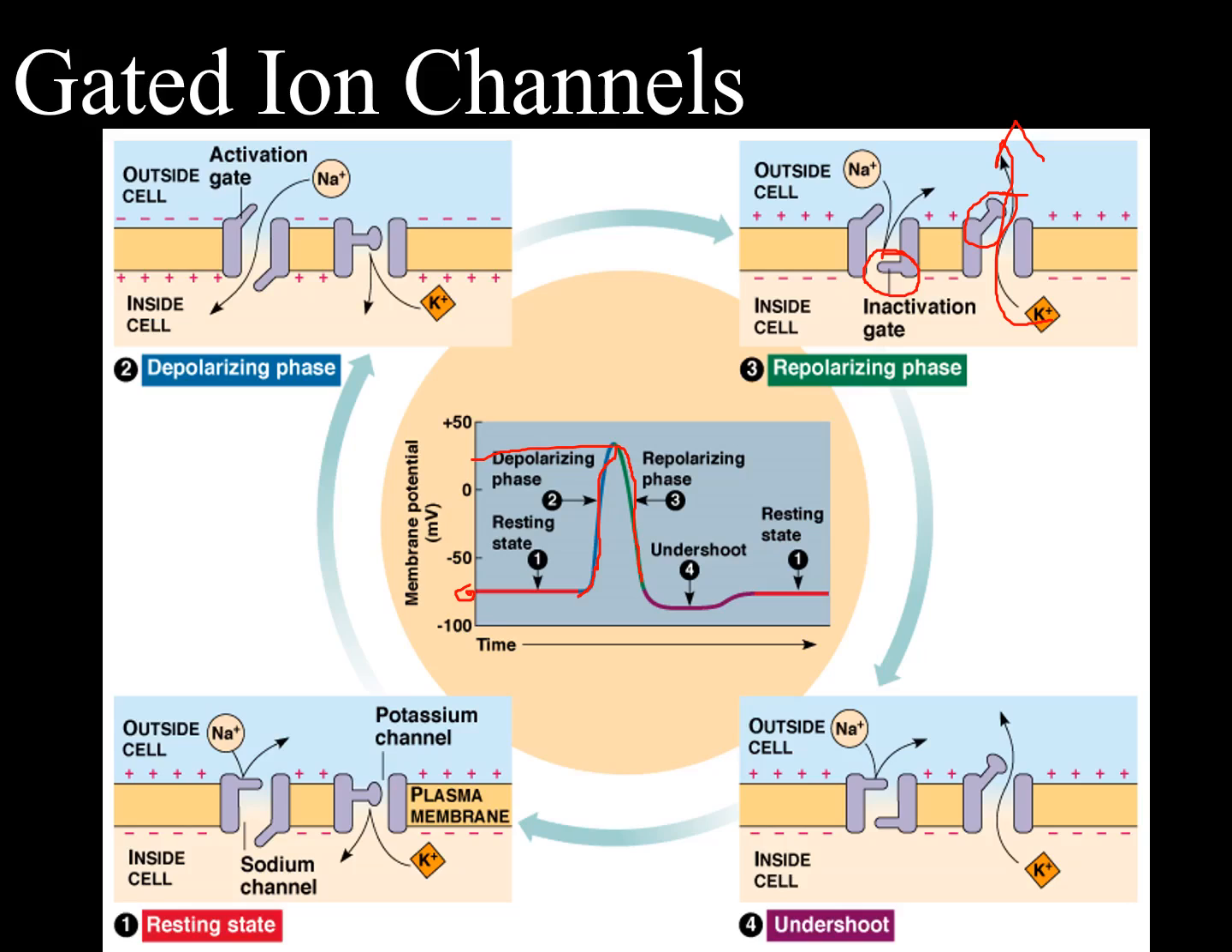and makes it negative again. When we get to the undershoot phase, the gate on the potassium channel remains open. Both gates actually close on the sodium channel, and because the potassium gate is open, potassium ions keep diffusing out, and that pulls us more negative than the cell is going to be in its resting state. And then when we get out of the undershoot phase, the gate on the potassium channel closes, and the membrane pumps pump the ions back to the concentrations where they are in the resting state, and we enter the resting state again. So that's the form of the signal that the action potential